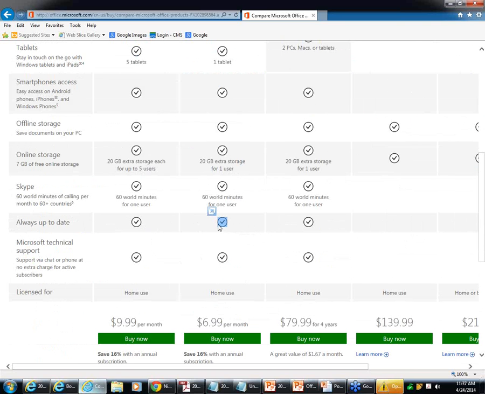Absolutely. When Microsoft makes their changes on their portal, it will be automatically updated on the portal for you to see. It comes with Microsoft technical support. There is no charge. That's a nice benefit because Microsoft is not known for free support. They are known for charging for it. If you think about it, with Windows XP, if you heard Microsoft recently is no longer supporting Windows XP, that's only partly true.